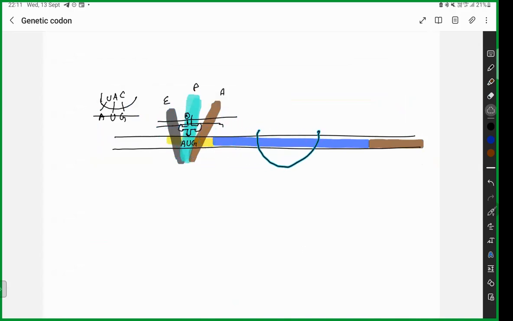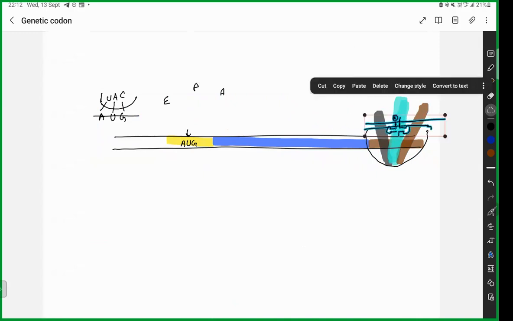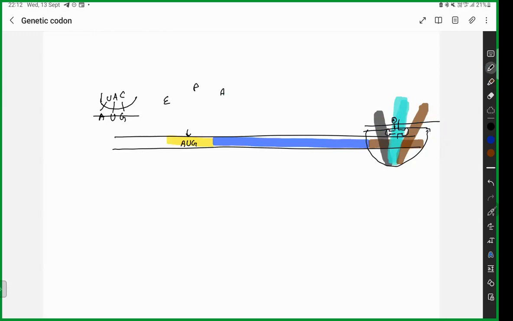This is going to slowly move and go to the termination site. Similarly, you're going to have 3 important things. These 3 things are again going to be placed at the same site. So then what happens? This is going to move like this, then move like this, and you also are going to have the bigger and smaller subunit.